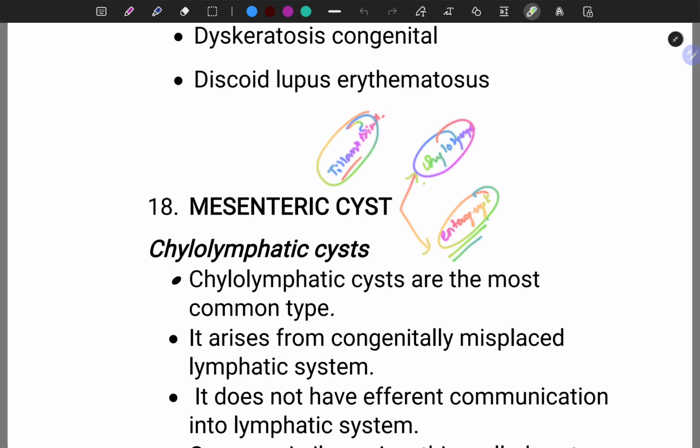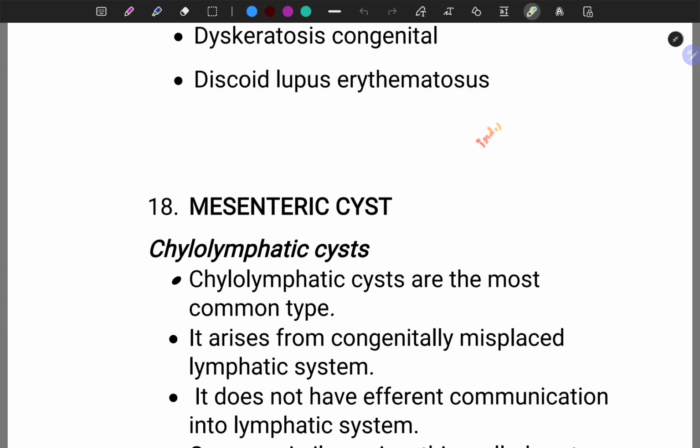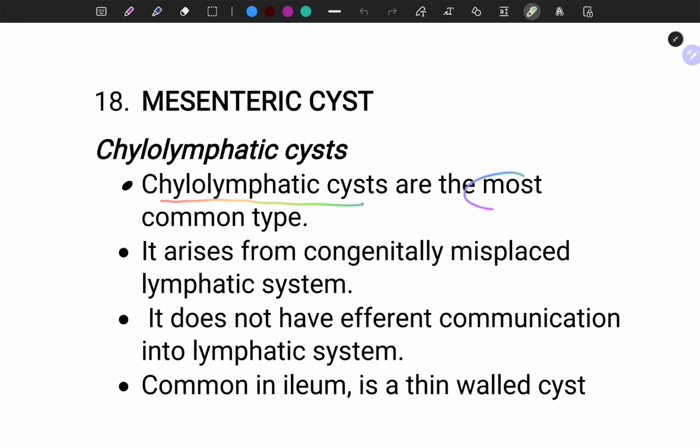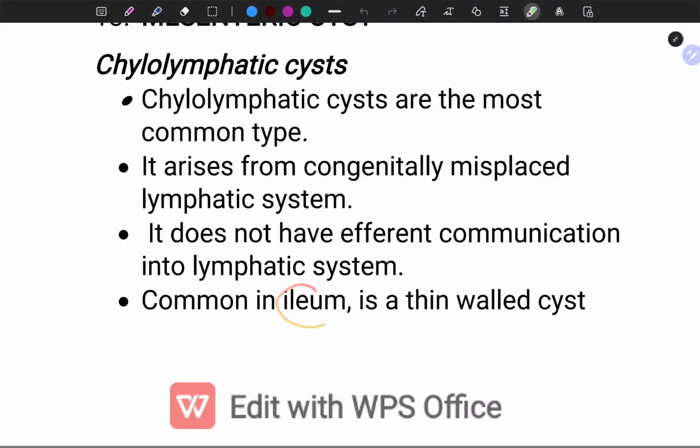The name itself implies the enterogenous cyst is arising from the bowel. Chylolymphatic cyst has an individual blood supply. It is arising in a separate fashion. Let's look into the discussion. The chylolymphatic cyst is the most common type. It is mainly because of a congenitally misplaced lymphatic system and does not have efferent communication into the lymphatic system. More common in the ileum, a thin-walled cyst